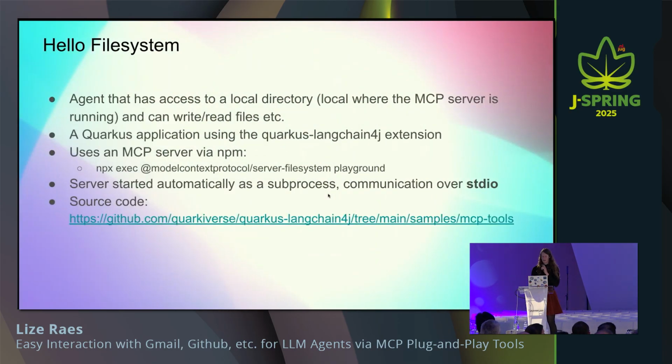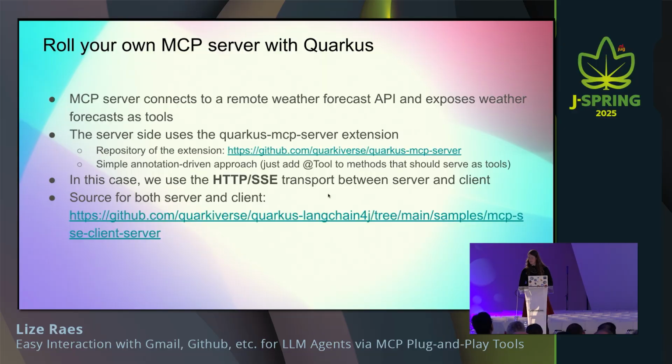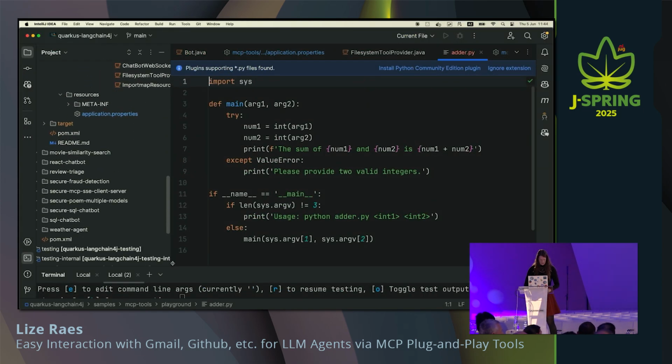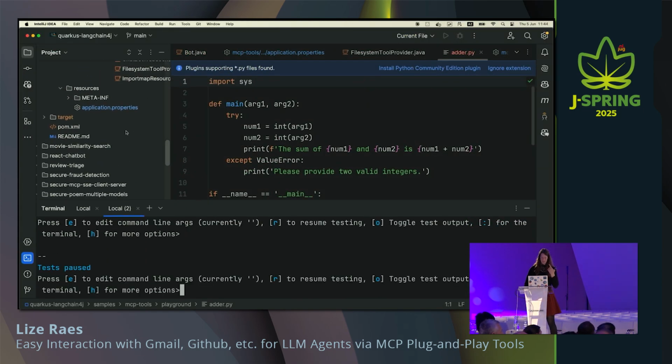Next thing that might interest you is to roll your own MCP server. We don't have support in LangChain4j itself because we're not a framework to start with. So we leave it up to the Spring people and the Quarkus people and everybody else out there. So showing the Quarkus example. It's really, really easy. So let's go to the same samples folder,